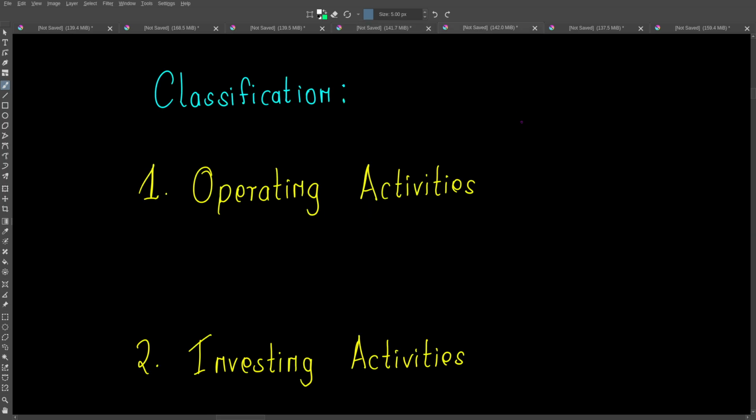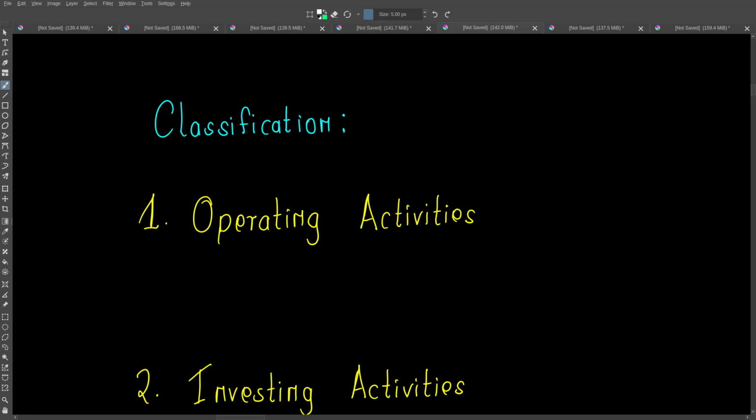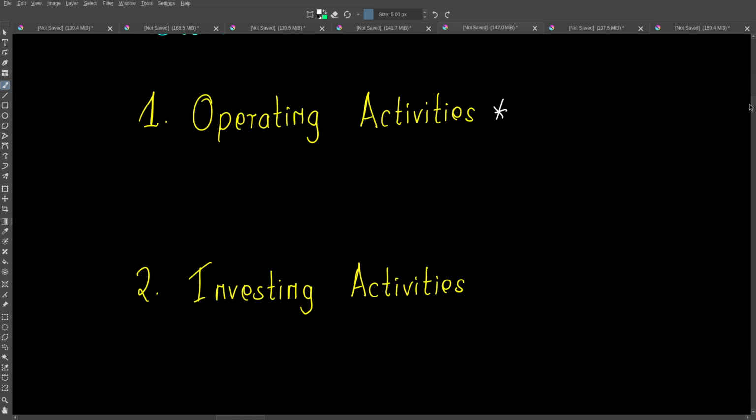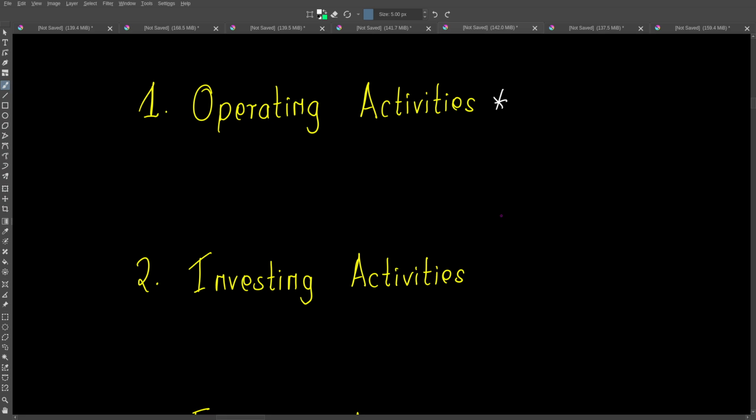Okay, so before we continue, let us understand the classification of activities that are done that bring in cash inflow and cash outflow from a business. Okay, so IFRS has classified them into three. You're going to see this is the format that is even used in that statement, so it is very key. Okay, so we usually have the operating activities, and these are basically the main day-to-day